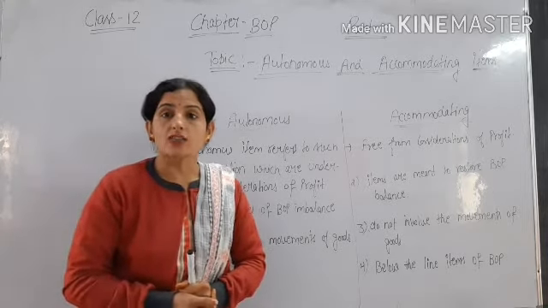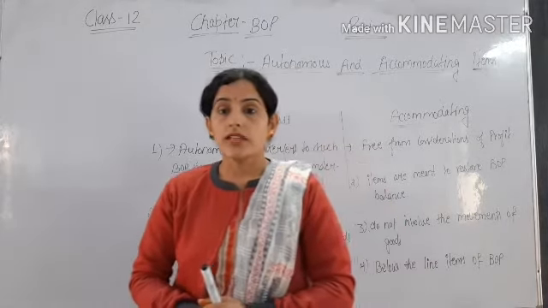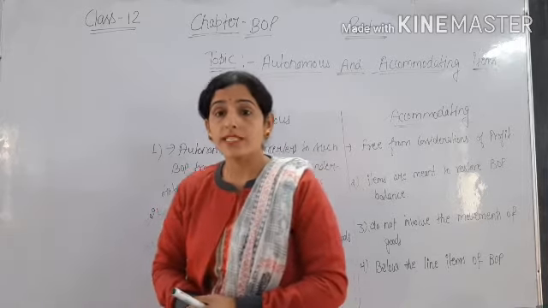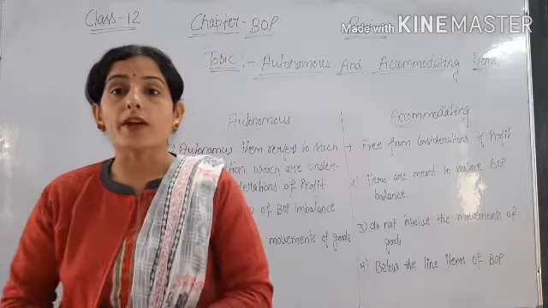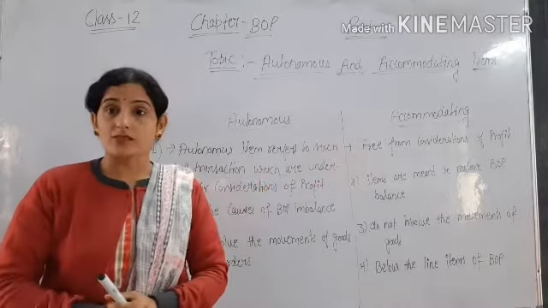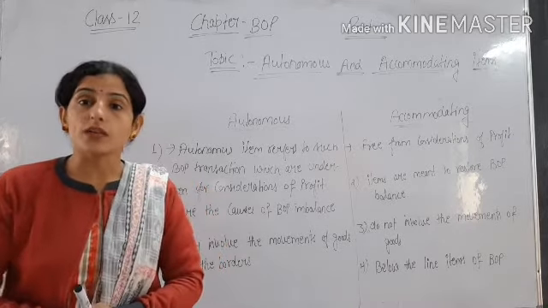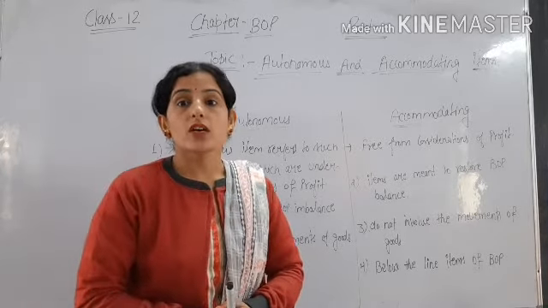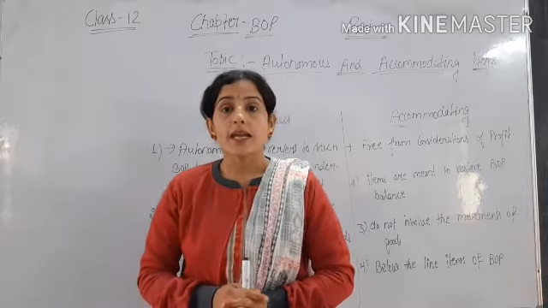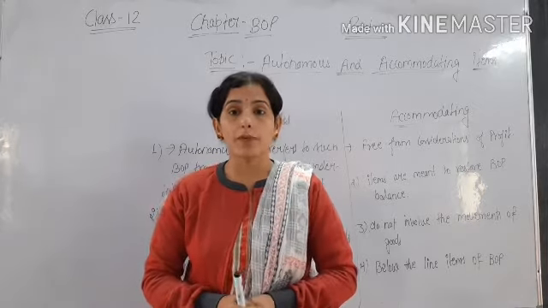Autonomous items are those items which are undertaken in a transaction for the consideration of earning profit. For making a profit, means these are causes of imbalance in the BOP. But accommodating items are those items which are free from the making of profit. These are not taken for the making of profit. Accommodating items do not cause imbalance in the balance of payment. Imbalance means BOP surplus or BOP deficit.